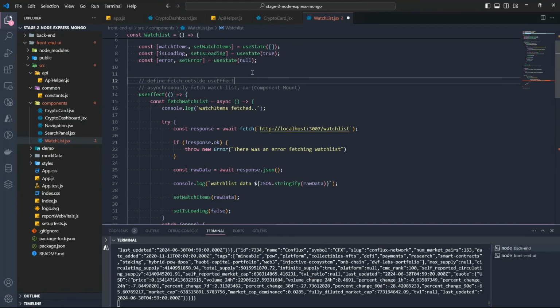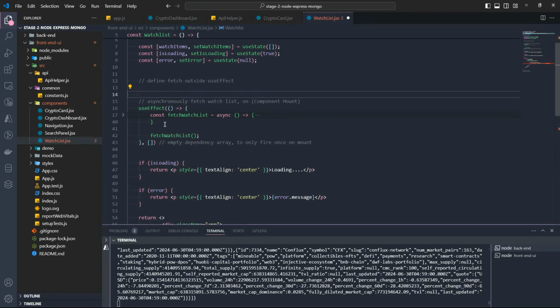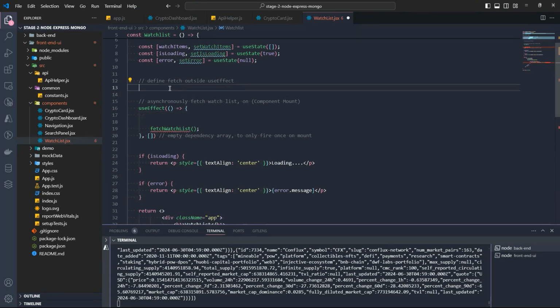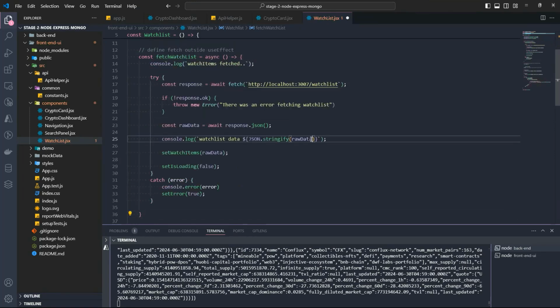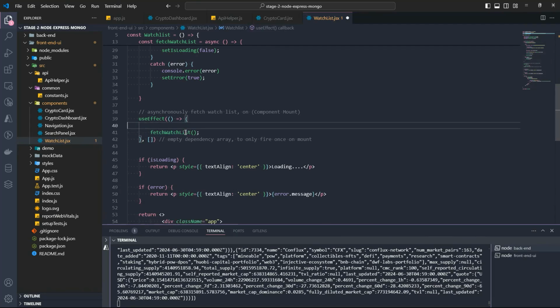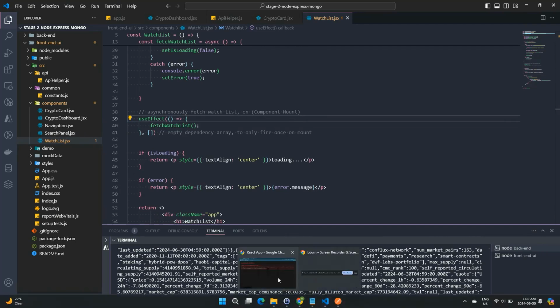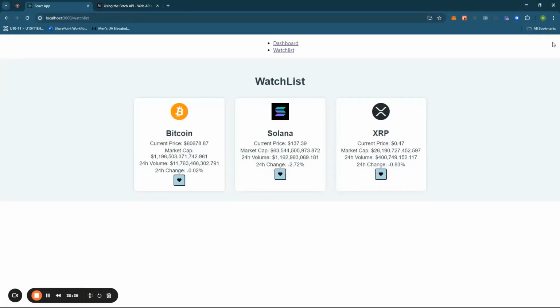We're getting an error here because fetch watch list is inside the use effect, so it's not visible in scope. So we need to define it outside of the use effect. Again, we can use our API helper, but for right now, we're just going to reuse this method here. So tidy up the use effect, and then that makes it visible so that when we go back to our watch items here and refresh,